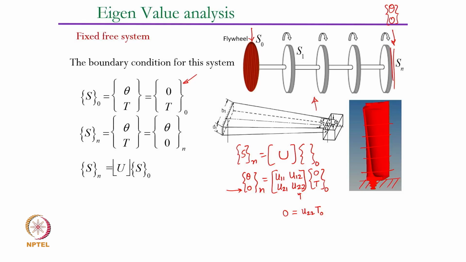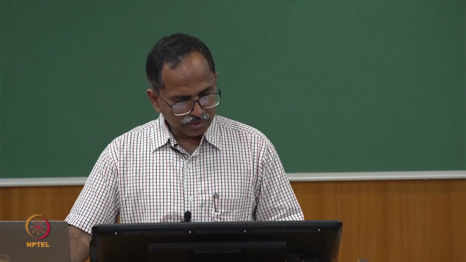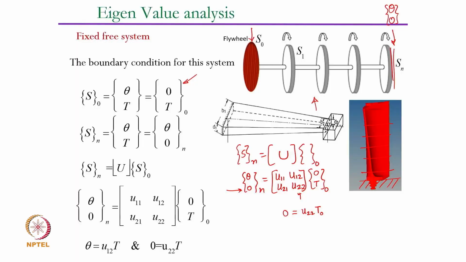Now, when will this particular equation be 0? At all times. Please make a note that this has to be satisfied at all instants of time. It's a dynamic system. It is only possible because t at 0, the fixing moment, cannot be 0 all the time. So the only way for this equation to be satisfied and true for the given boundary conditions is that U22 should be 0. True? Okay. So that means you have this condition that U22 should always be 0, a condition to be satisfied,